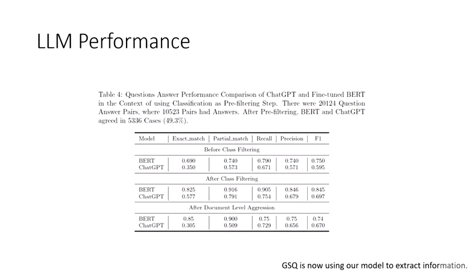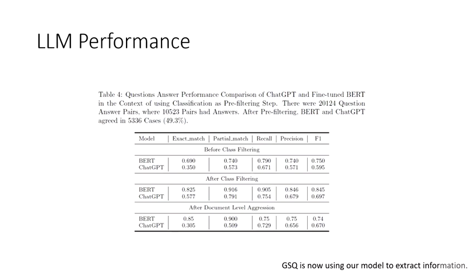And here is the experimental result. You can see that our BART model gives a little bit better result than ChatGPT. The reason, as I said, is that ChatGPT is general purpose. So for a specific domain and task, it may not work as well as a specifically trained model. Now, another thing is, as you saw, that we use a classifier for filtering. If you use the classifier as filtering, you can see that the accuracy further increased significantly.